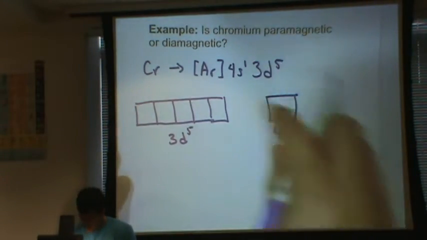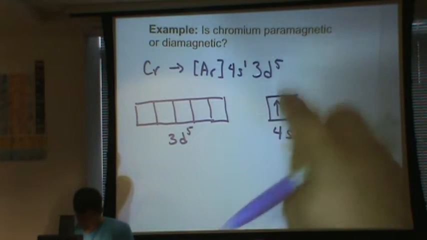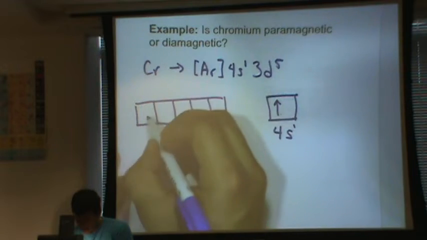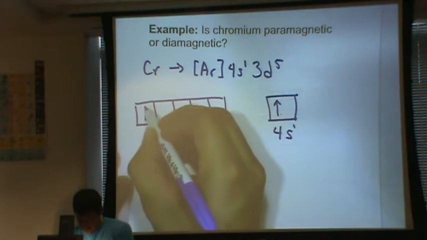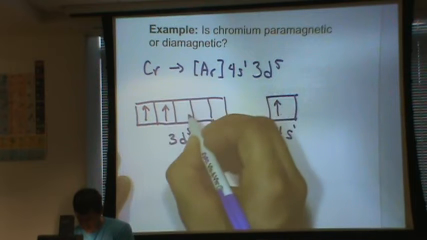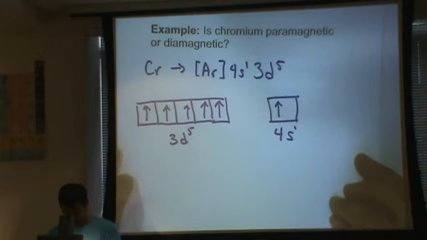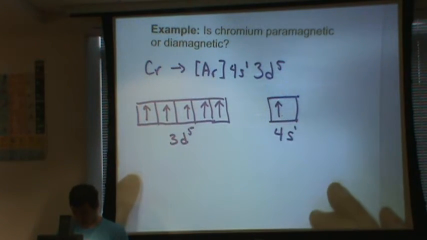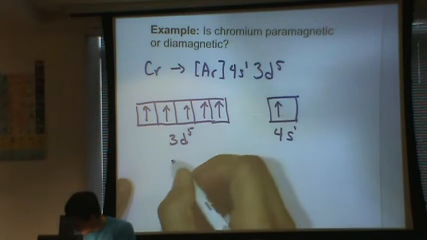It should have 2 in the s orbital, but we're going to put 1 in the d orbital. So we have 4s1, 3d5. We want to spread this out because of Hund's rule. So because all of these electrons are unpaired, this is a paramagnetic